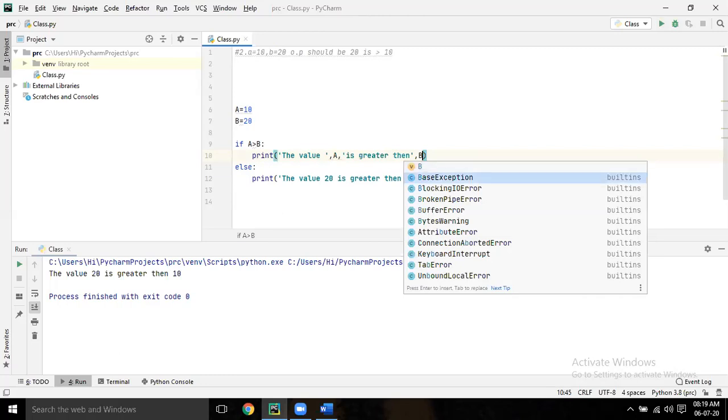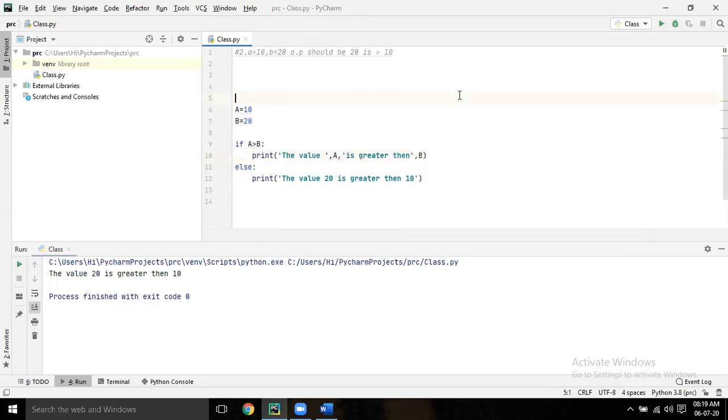So that means, see, now A and B are not inside the quote. You have separated them, so you just give a comma. It will concatenate. That's it. And A, B will not be inside the quote. If you give inside the quote, it will print as it is. Yes, sir. Now if we change the value, the sentence will change. Correct. Okay. Now it's dynamic data also. Dynamic, correct.